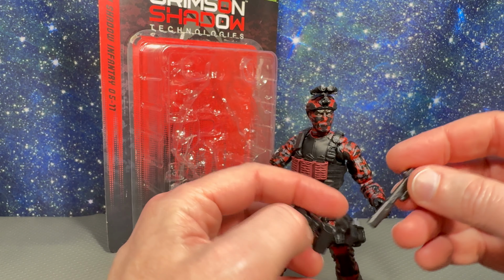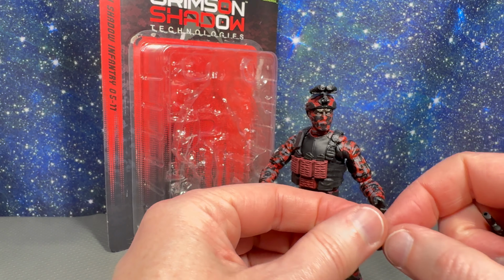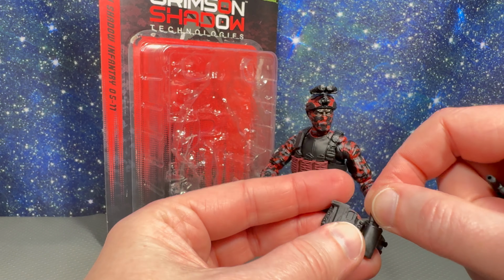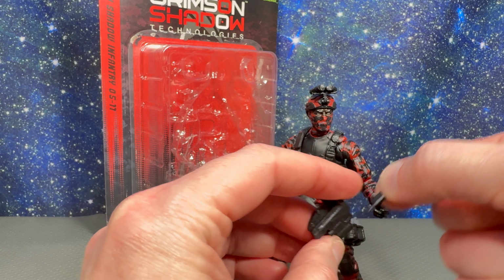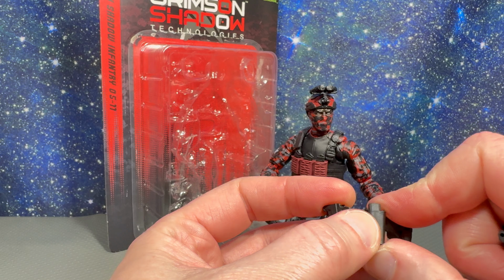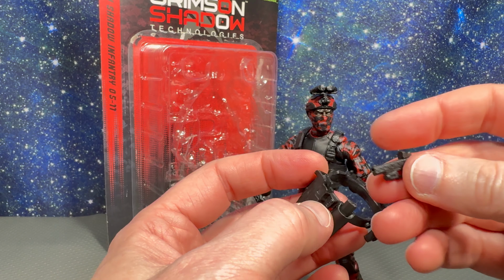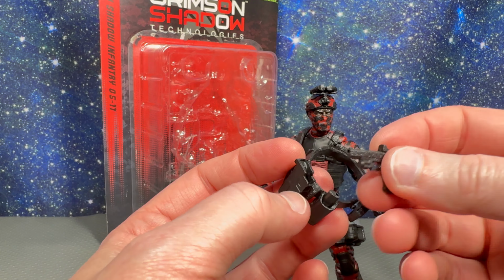Where it's positioned and trying to take, and this really comes with a suppressor. That suppressor fits in there very snugly. Goes in there like that. And be careful with that suppressor peg. This one at least, it's so stiff you may bend it. I actually had to heat up